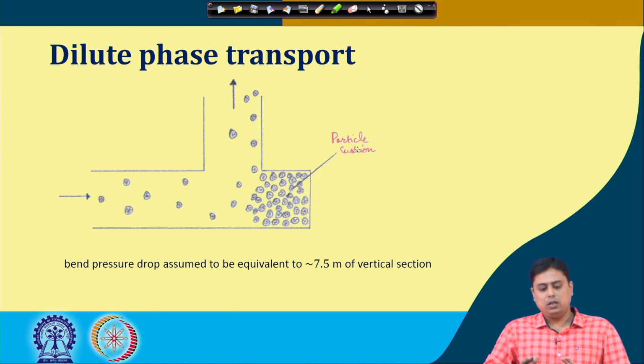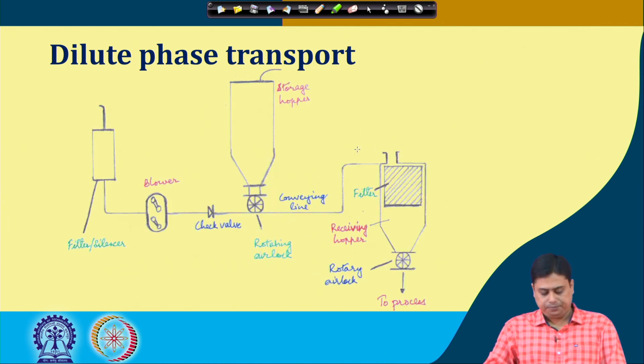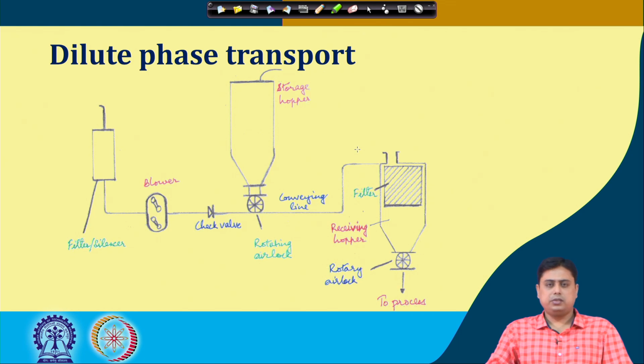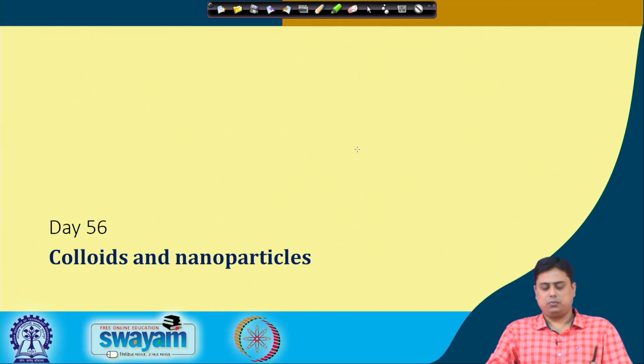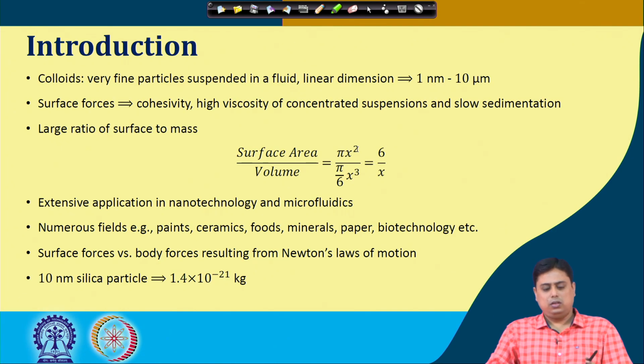The utility of a bend, or say this kind of a blind T kind of a bend, and how it impacts the flow mechanism, and in the case of dilute phase transport, what are the steps involved, like in the slurry transport mechanism we have seen the details. Also we have seen the dense phase transport, and in the final segment we saw the introduction to